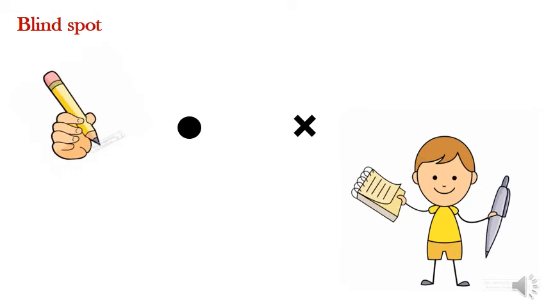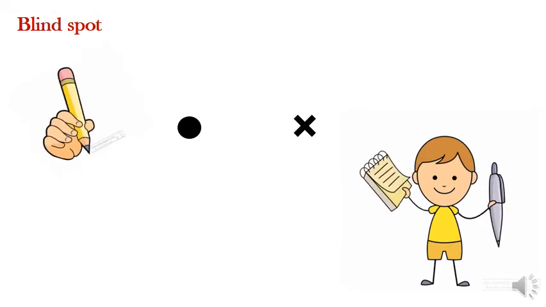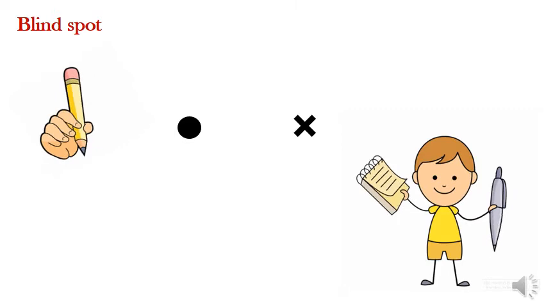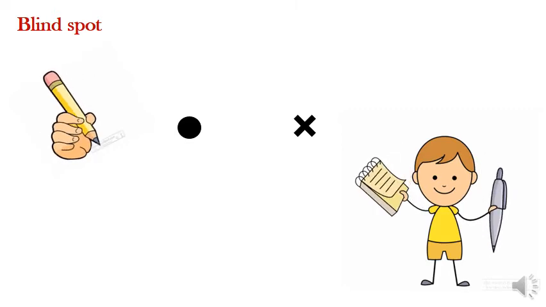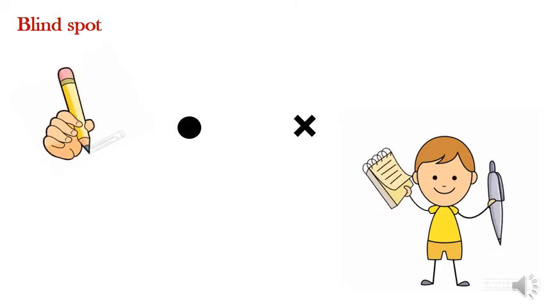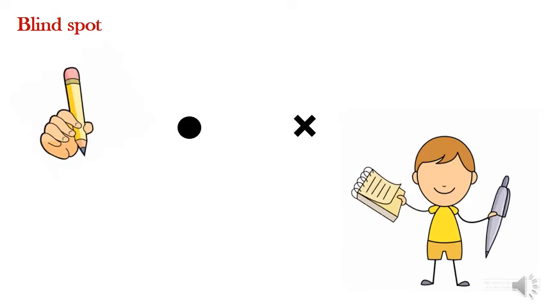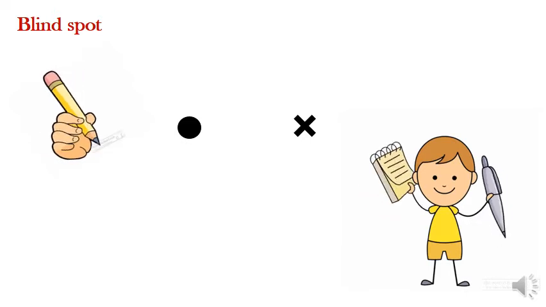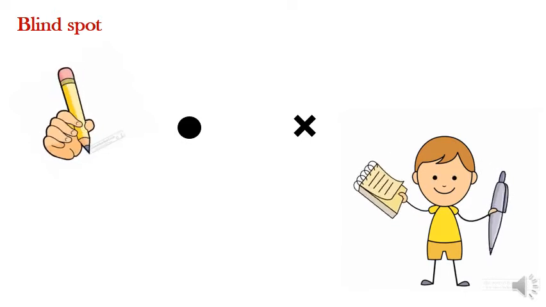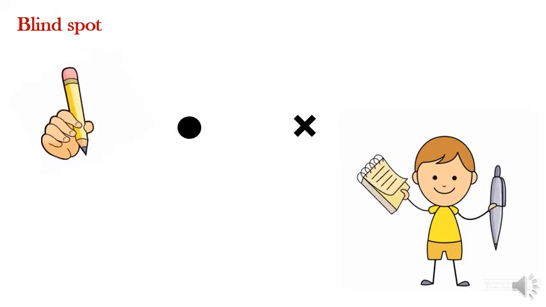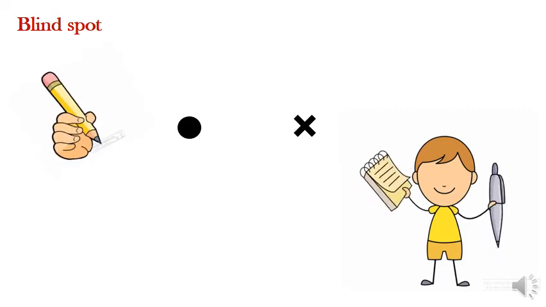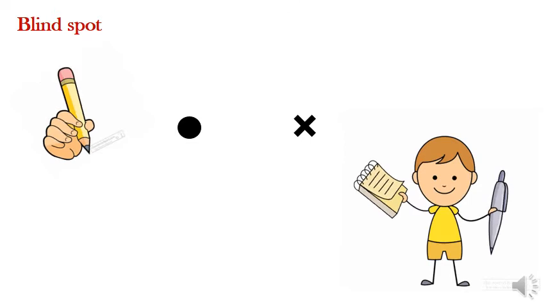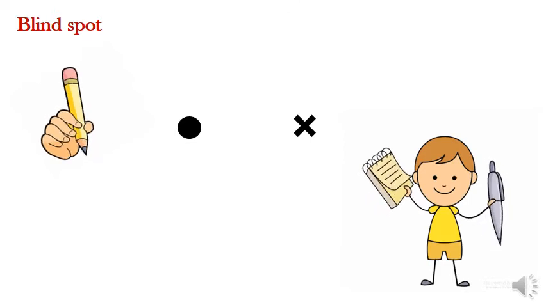Now this is about cross. Now close your right eye. Look at the round mark now and repeat the activity. Is again it disappearing? The disappearance of cross or round mark shows that there is a point on the retina which cannot send messages to the brain when light falls on it.